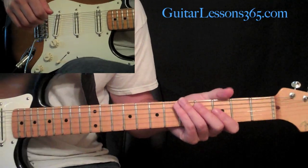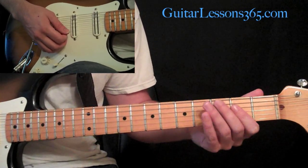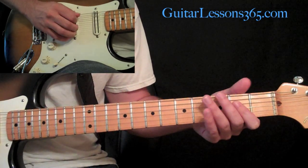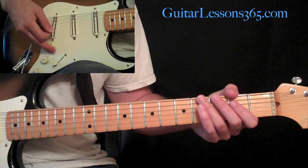Okay, let's take a look at the chorus sections now for Sweet Child of Mine. We're going to start here with the rhythm part to the chorus, which is going to be an open A power chord. So we're going to have the open A string, and then you're going to hold your first finger across the second fret on the D and the G. Hit